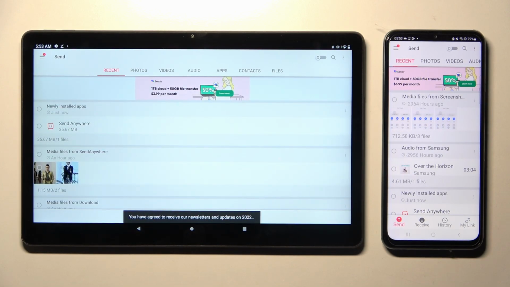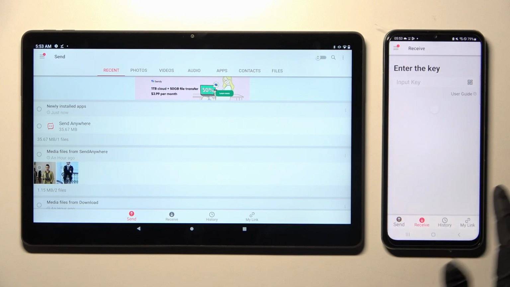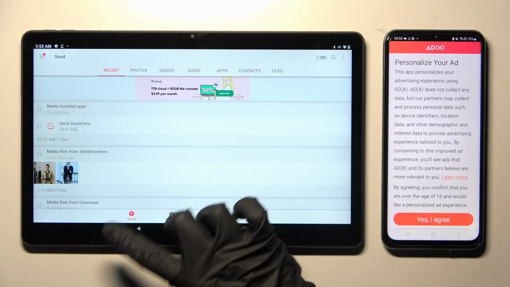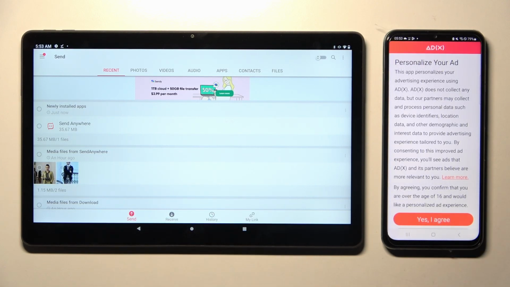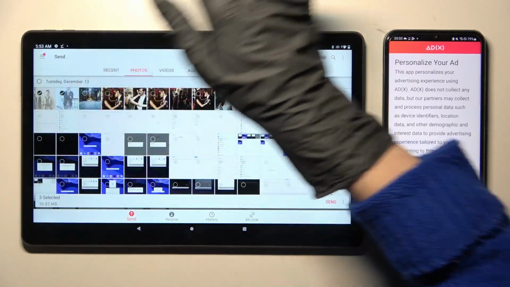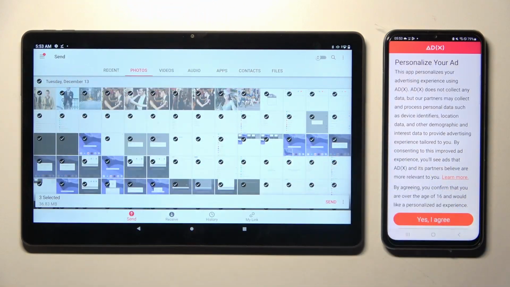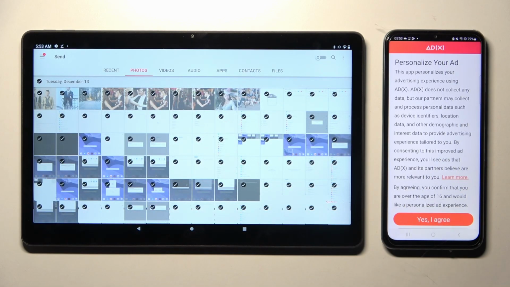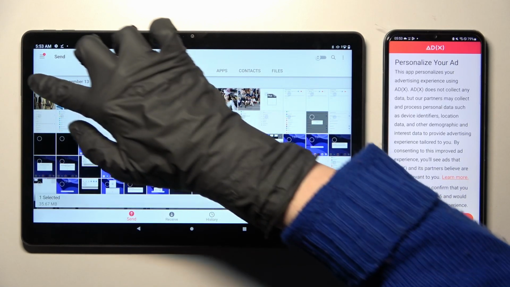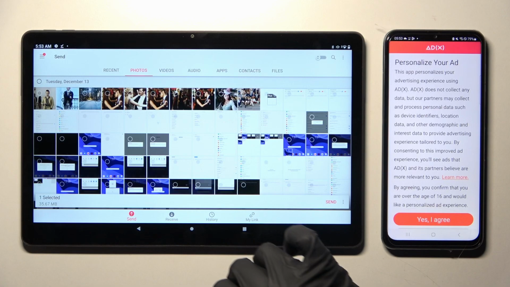Now, in order to continue, you need to choose Receive next to Send on an Android and Send over here on the Lenovo tablet. Finally, click on all of those type of dots from all of those categories. And then choose Send next to Selected. This way you will choose all of your files and transfer them later on. It will take a long time though to do it now, so I will go with only